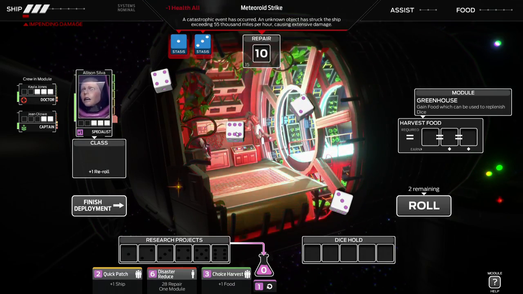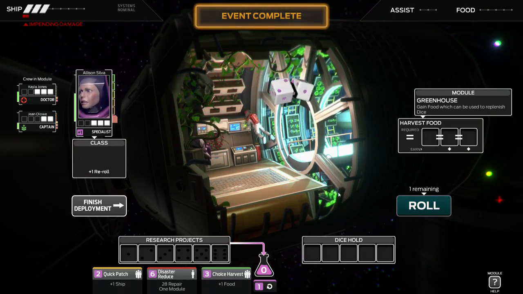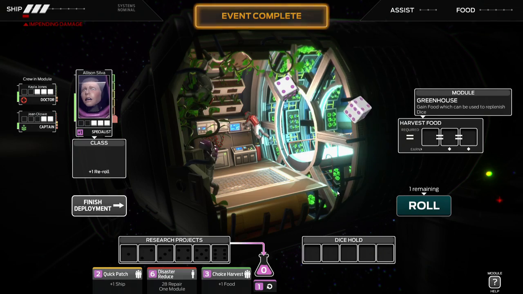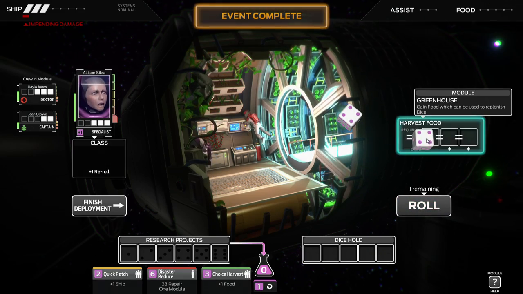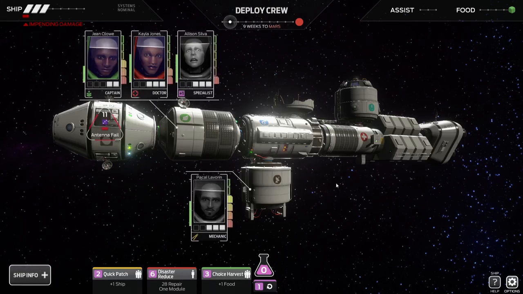Interesting. I think I'm going to go this route, and I think I'm going to try to roll for doubles here, and we'll see what happens. Nice! Wow, okay, that was convenient. That makes my decision a lot easier. Wonderful. So now...